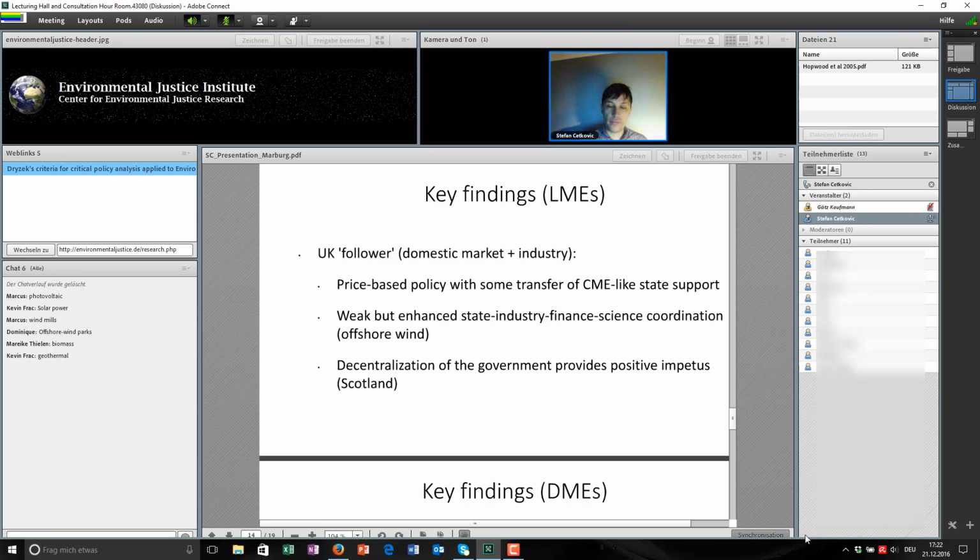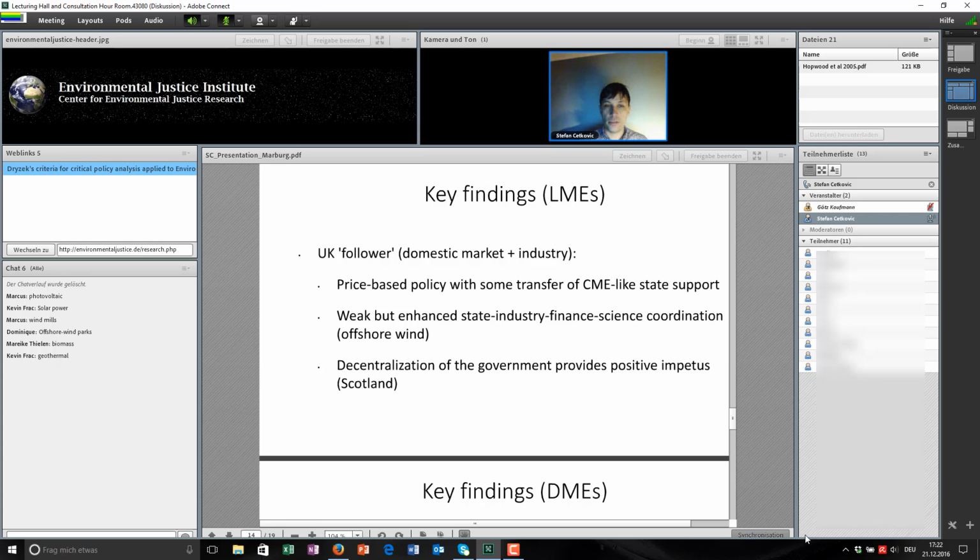They kind of focus on offshore wind and then try to develop this coordination between state and non-state actors. And what we also saw in the UK is that decentralization of the government provides a positive influence for developing renewable energy sources. This is particularly the case for Scotland. Because they acquired more power to influence energy policy, they are now the major driver of renewable energy growth